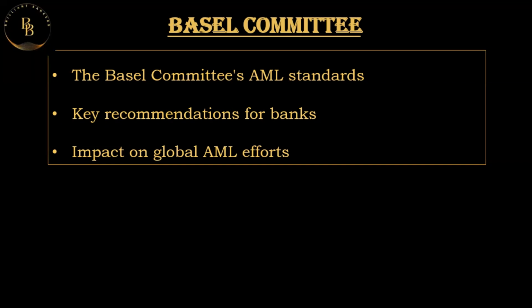And the supervisors must ensure that the banks have effective internal controls, especially for AML compliance, which can detect and prevent these suspicious activities. Coming to the sixth principle, that is the abuse of financial services. This principle directly targets the AML safety compliances. It requires the banking supervisors to ensure that the banks have policies and processes in place to prevent and report the abuse of their services for money laundering and the terrorist financing activities. Banks must have effective CDD, the customer due diligence, KYC, the know your customer procedures, and systems for detecting these suspicious activities. So, what are the focus on AML compliance in the Basel framework?